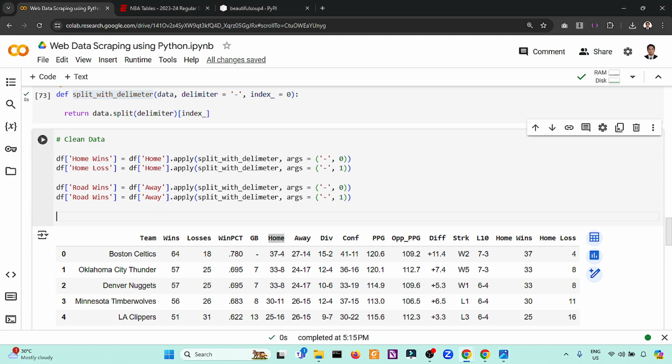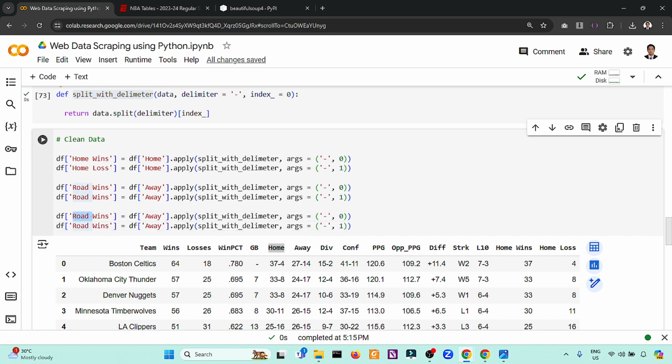Then we have also L10 wins, based on our column L10. So let's copy this. Copy, paste, and loss. So L10. So this one is index 1.